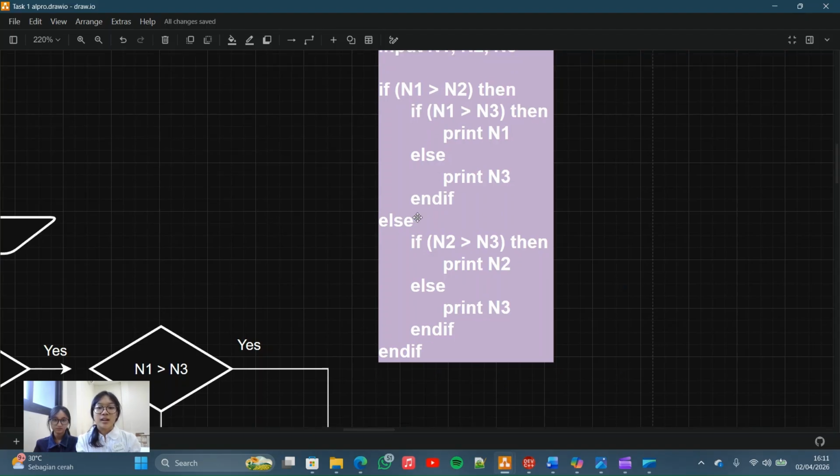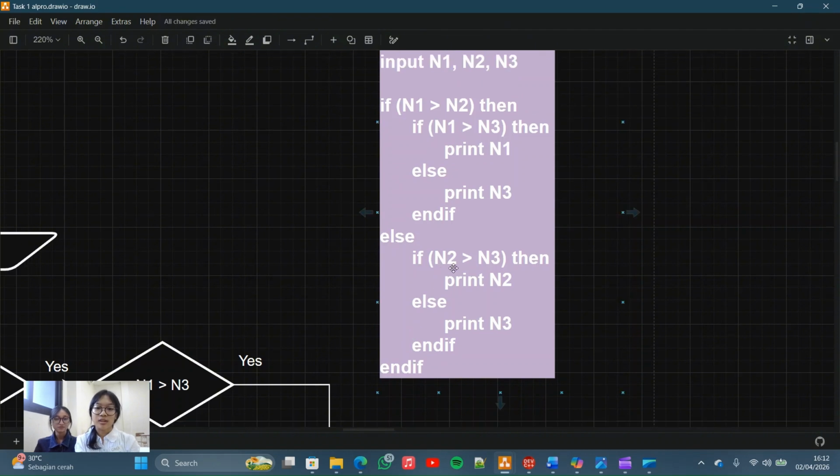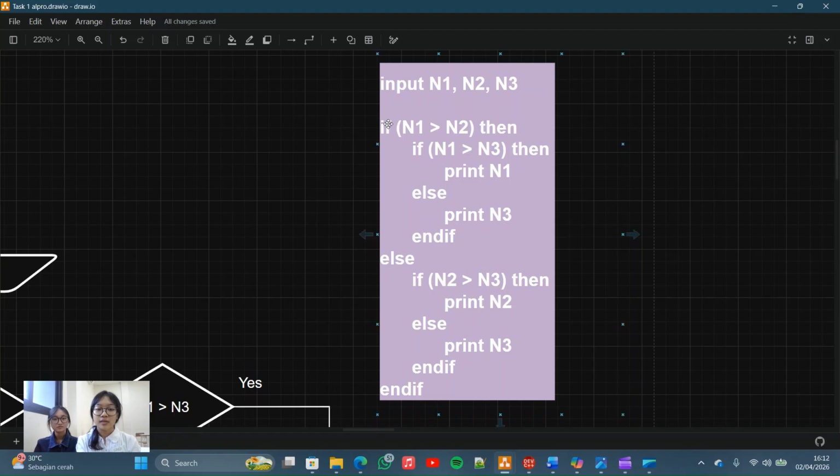And else, if n2 is larger than n3, then print n2. Else, print n3. End if. So the check if n2 is larger than n3 happens because n1 is not larger than n2.